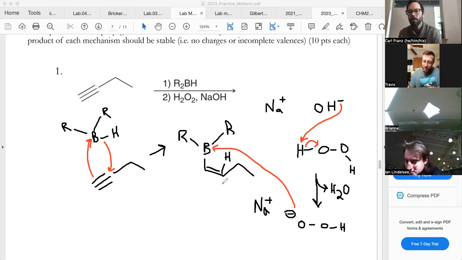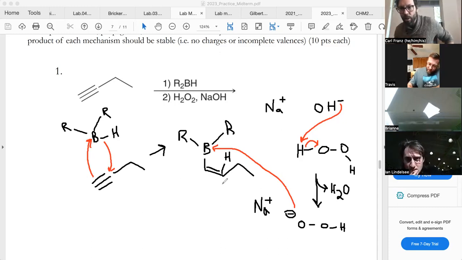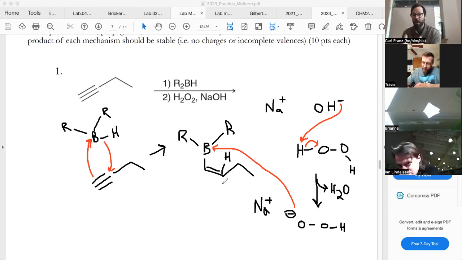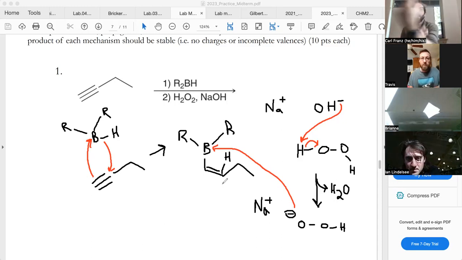Oh, so we don't really worry about the sodium attacking it then? The peroxide? The sodium is like a spectator ion, right? It's there, and it's going to go wherever it detects a negative charge, and it might bond with the hydroxide again if it's liberated and it's free. It's just going to be in there initially to get that hydroxide ion to pull off that hydrogen to create a peroxide radical. Okay.